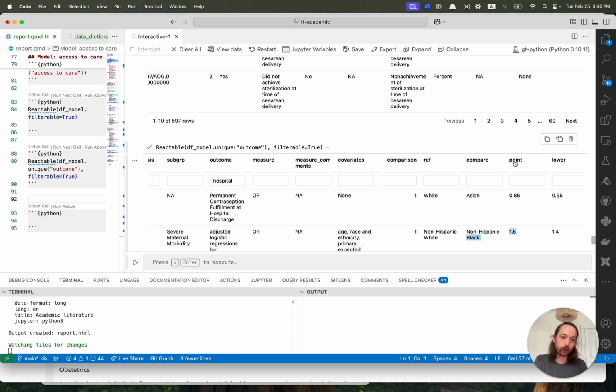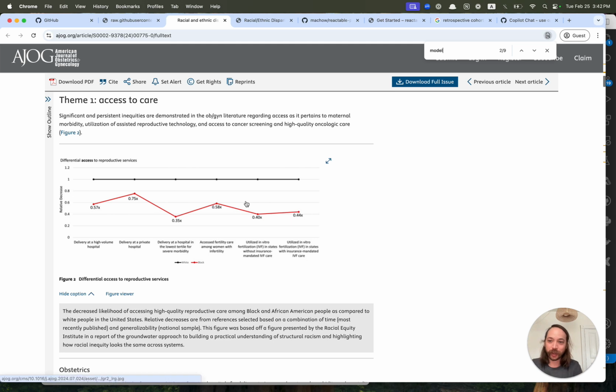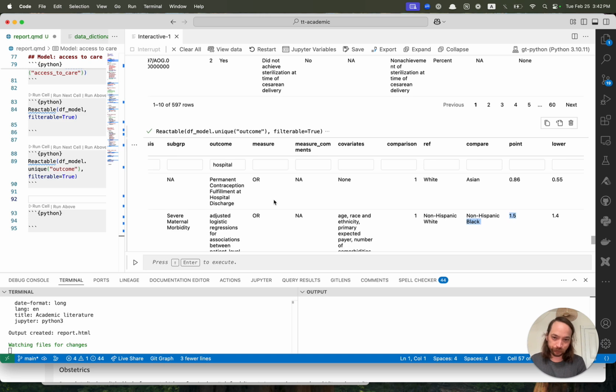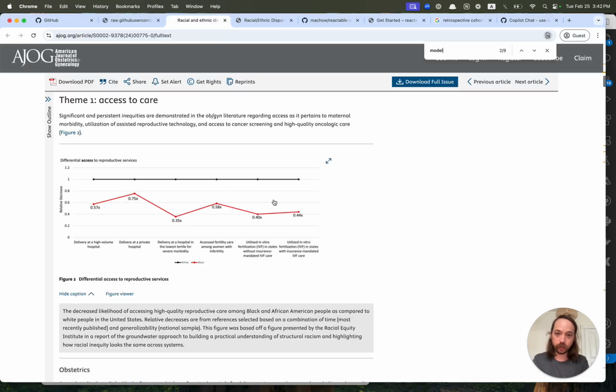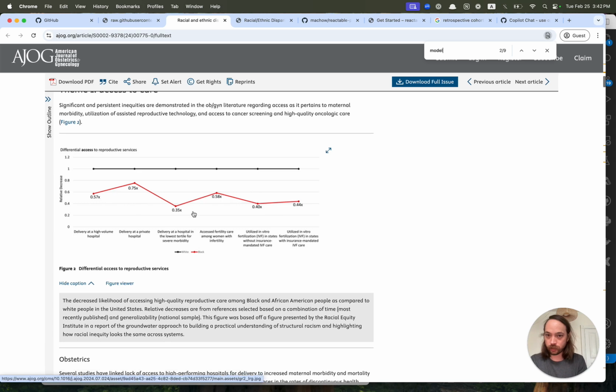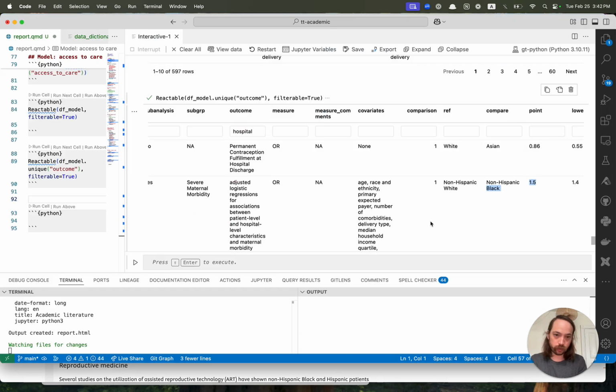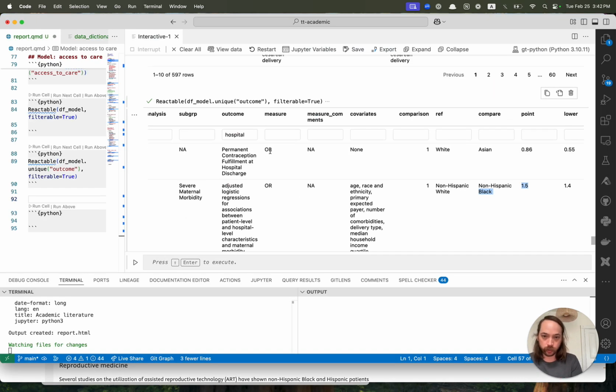The other way is to look at the actual value and search for basically 0.57, but it's not a great one. I think that OR here probably means odds ratio,